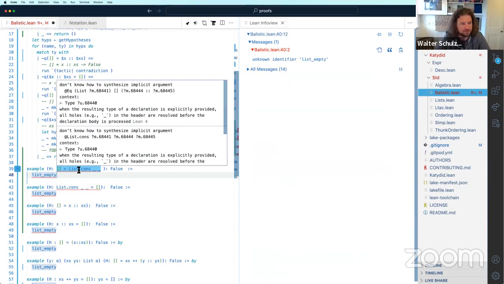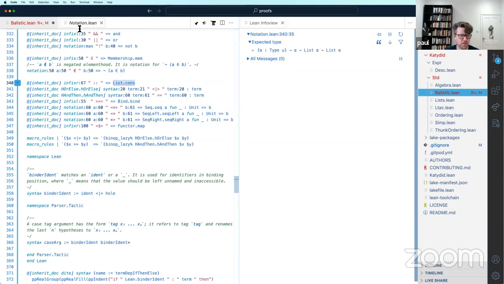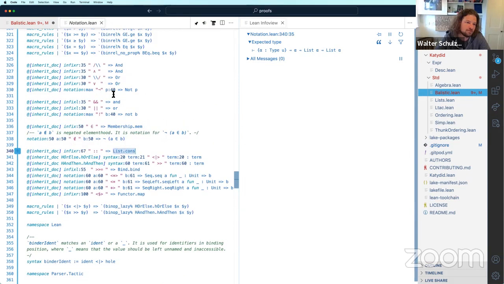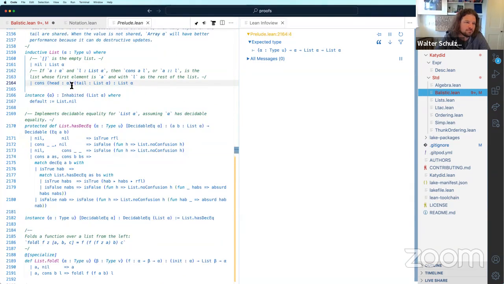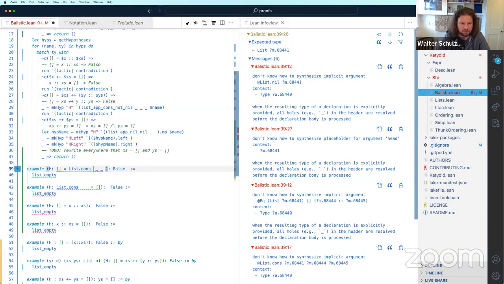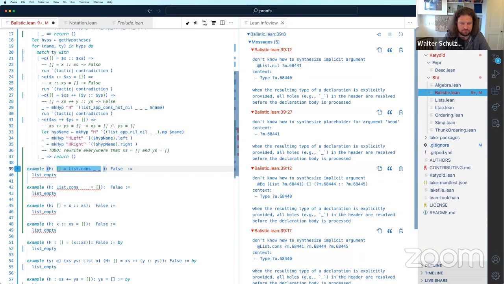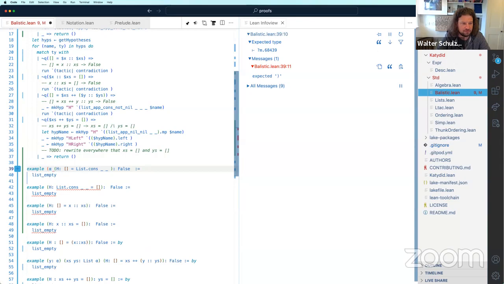Okay, so what's your problem? It doesn't understand how to synthesize implicit arguments. There is some alpha. Okay, maybe let's add an alpha.